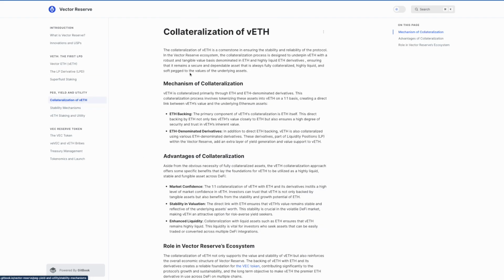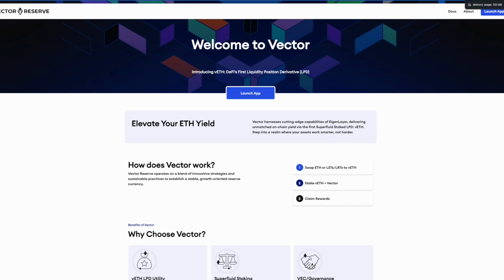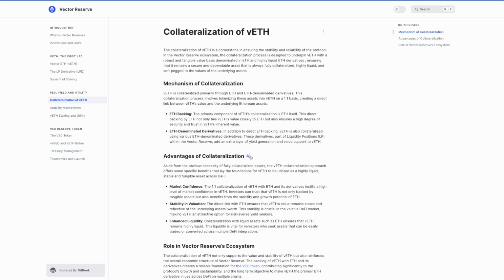Okay, now here's where they talk about peg maintenance, which is very important for an asset like this because you can't redeem. You cannot take your vETH. If you were to mint vETH right now, there's no button there to turn your vETH back into ETH, right? So they have to maintain the peg of this vETH token. They talk about the tools that they're going to use, but they don't explicitly say how those tools are going to work. Okay, so first they talk about, oh, it's backed one to one,